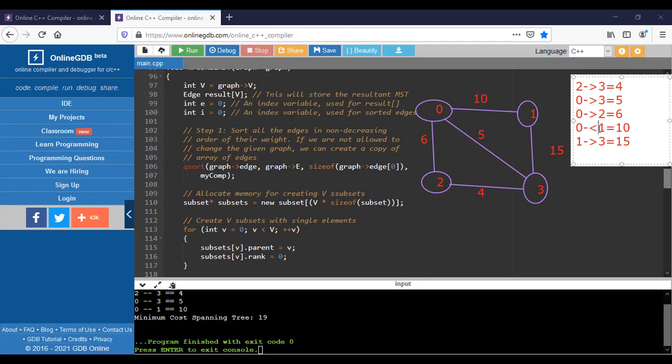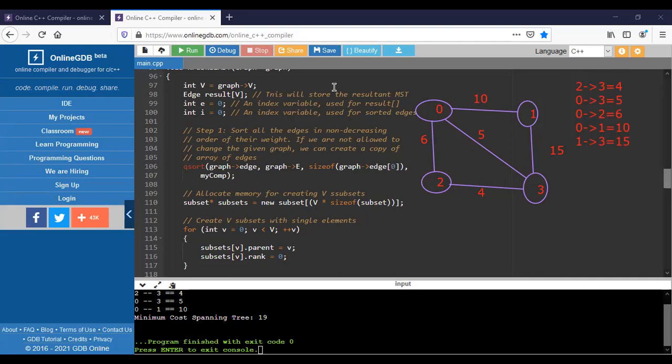So we need to build a tree-like representation which doesn't form a cycle. First, we take the 4 as the chosen one. And then we take the 5. The 5 is also considered. This one will be taken. If you choose 6, what happens here? It forms a cycle. We won't choose that one, and take the other value, that is 10. And if you take any other value, it forms a cycle. So we need to discard this one also.